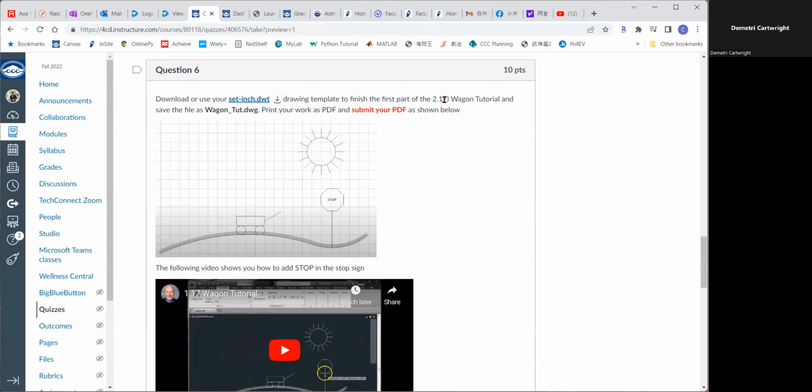A 2.17, this number might not be correct. This is a certain version, they put it in the 2.17 section. Just look at the Wagon tutorial. So you are going to do the Wagon tutorial. You're going to draw these pictures, starting from drawing the ground with the grass, and then you're going to draw this car, the stop post, the sun. All these things are going to teach you a lot about the commands that you can learn from the